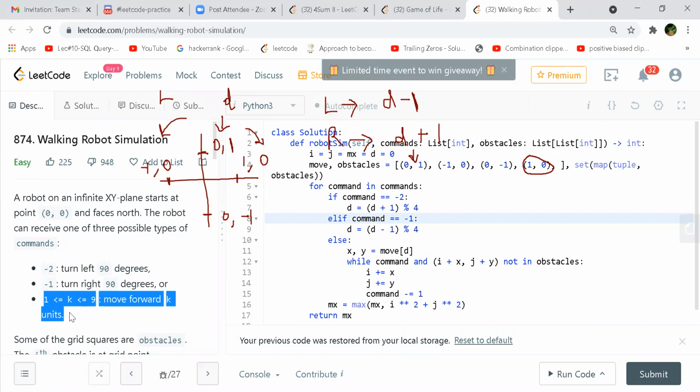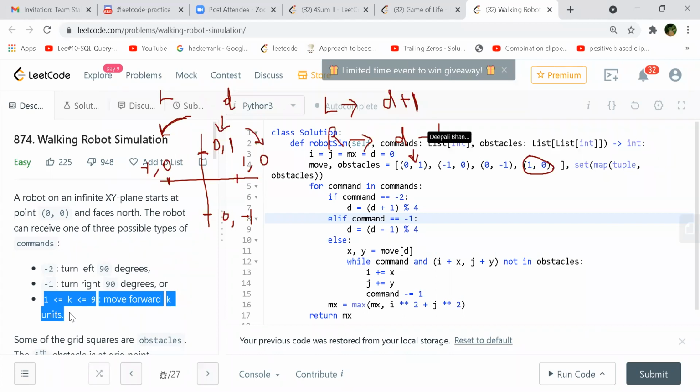See, so now if you follow an example, right? If you go to the first example, which says 4. Initially you will be at 0, 0 location, correct? So when you are at 0, 0 location, what are you going to do? You will come to this line 5, for command. You will come inside. Your command is not -2, command is not -1, so it will come to the else part in line 10. In that case, your move D, D's initial value will be 0, so it will be 0, 1. So your X and Y will be 0 and 1. And I and J are initially both zeros, right? Yeah, because they are at the 0, 0 position.